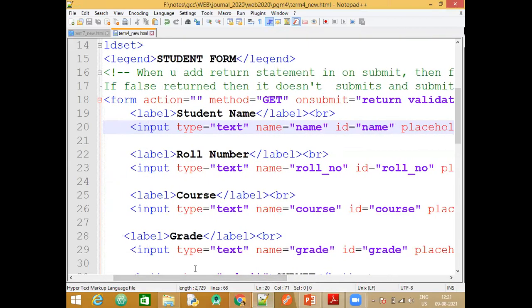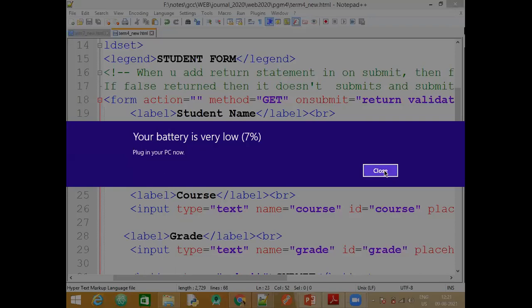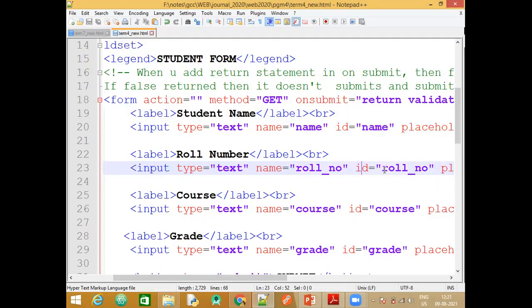Now what you need to remember is, whenever you create text boxes, since you will also make use of JavaScript, make use of relevant names. For name, give the proper name, for ID, give proper ID. There is no restriction that name and ID can't be the same. It is allowed. Name and ID can be the same. But IDs of different text boxes can't be the same. I'll tell you why we cannot repeat the IDs in a form.